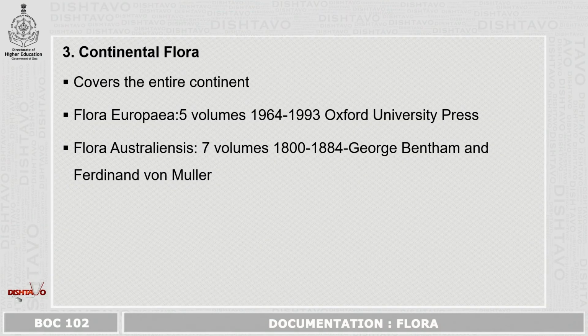Now come to continental flora. Continental flora covers the entire continent. Here we have 2 examples. Flora Europaea. It includes 5 volumes and published by Oxford University Press. What they have done is they have compiled all different floras of the different countries in Europe, and they have made it into an encyclopedia-like book of 5 volumes, which will have very important or very valuable information about